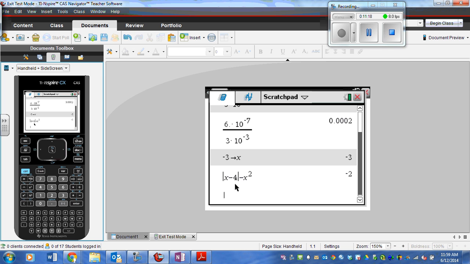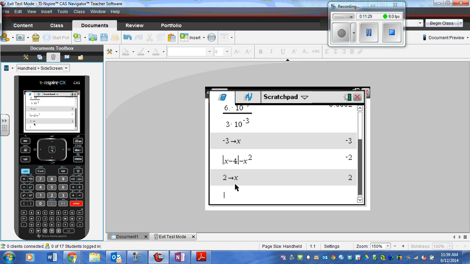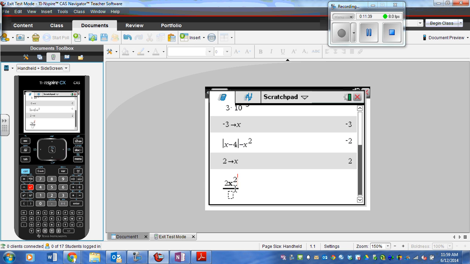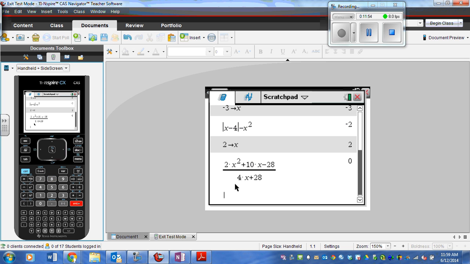So, 2 store X into the original division: 2X squared plus 10X minus 28 all over 4X plus 28 equals